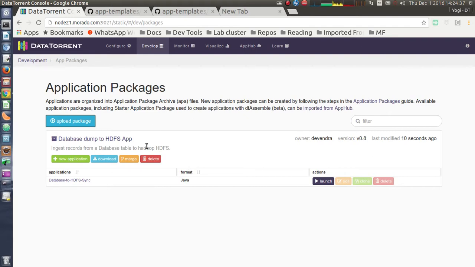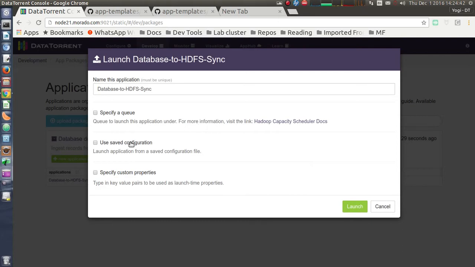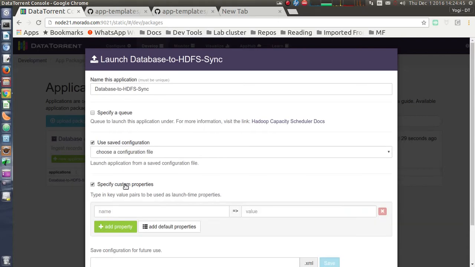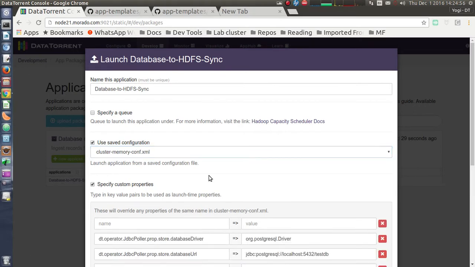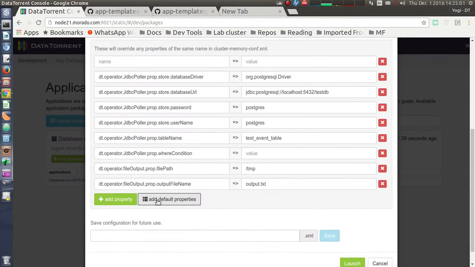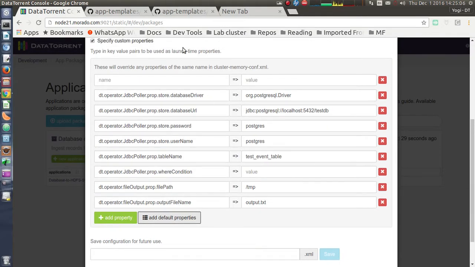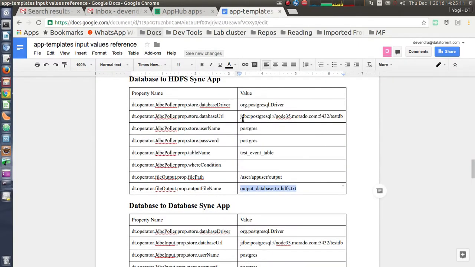Let's try to launch this application. I will click on the launch button. The steps for launching the application are the same as earlier. I'm using cluster memory configuration, and for specifying the custom properties, I have selected this checkbox and clicked on the add default properties button. For the property values, I have some reference values which are suitable for my environment.